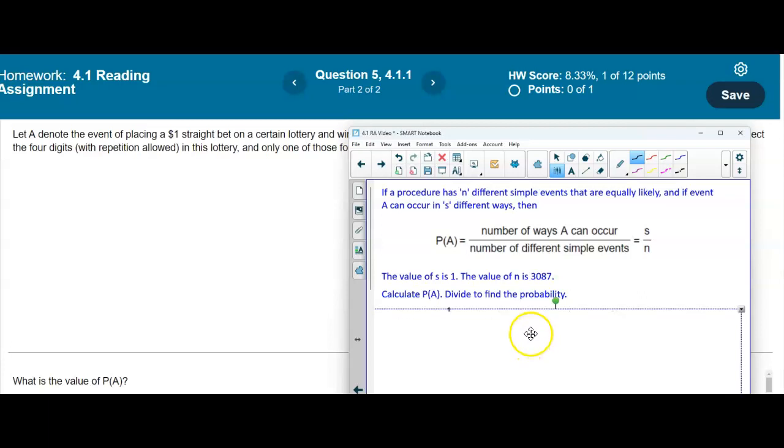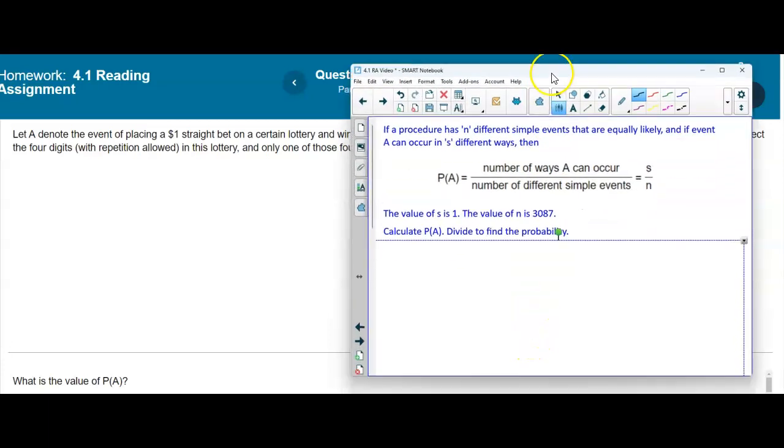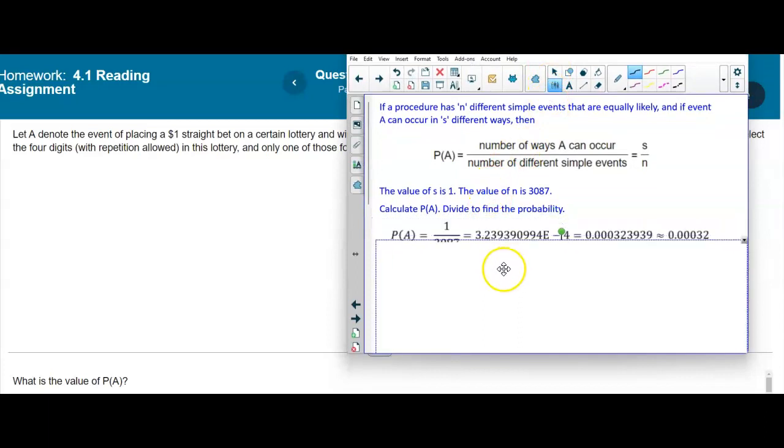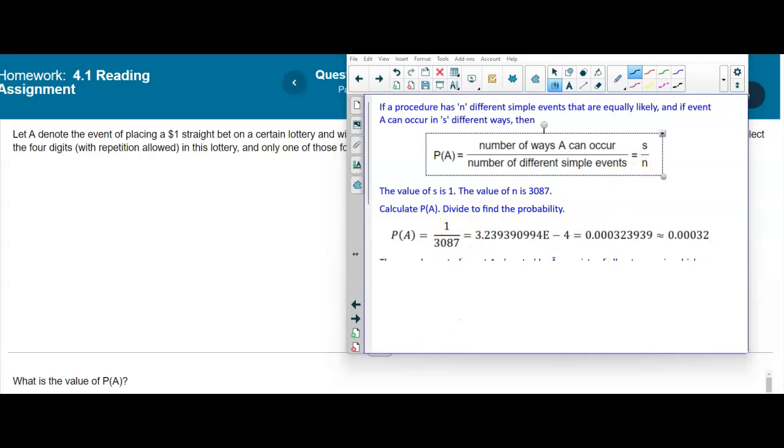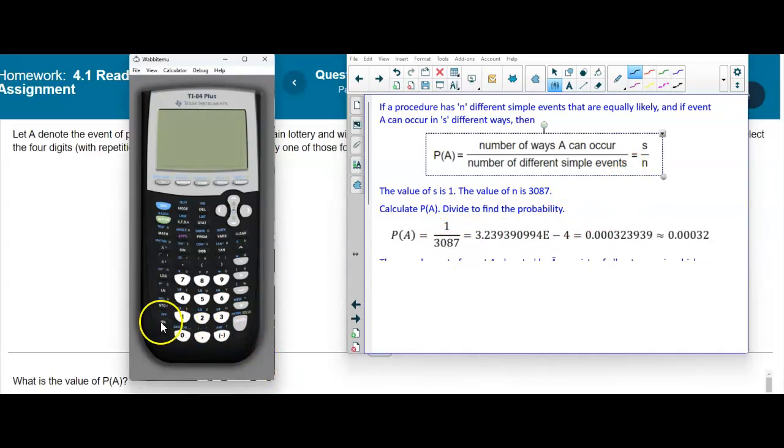So we want to calculate the probability of event A, and we want to divide to find the probability. If we take 1 divided by 3,087, then we get the following number. This is a scientific notation number where we see 3.2393909994 times 10 to the negative 4, which means we need to move this decimal place over to the left 4 times. If we move it over 4 times, we get